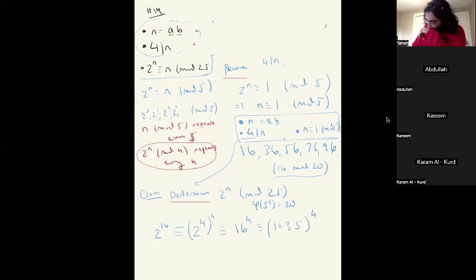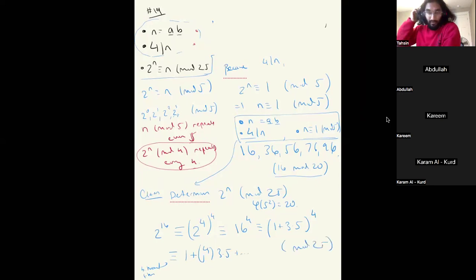But now, since we're working modulo 25, I'm going to use the binomial theorem. So it'll be 1 plus 4 choose 1 times 3 times 5, and the higher terms don't matter mod 25. Does it make sense? Any of the following terms will go away. So this will be 1 plus 4 times 3 times 5, which is